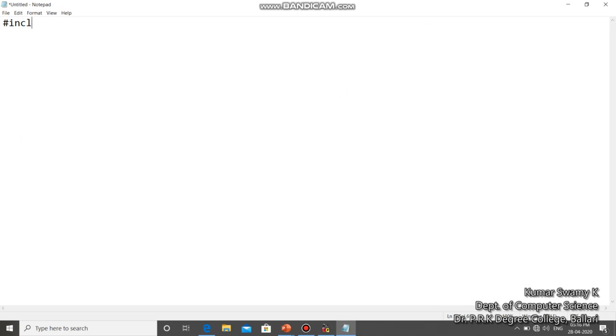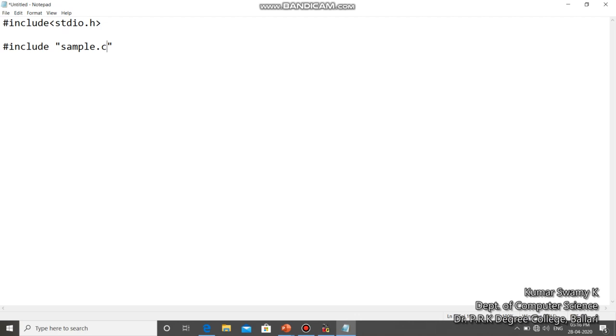If you use the format #include with angle brackets, this is the standard one. And if you use file inclusion with quotation marks, then this is the user form.